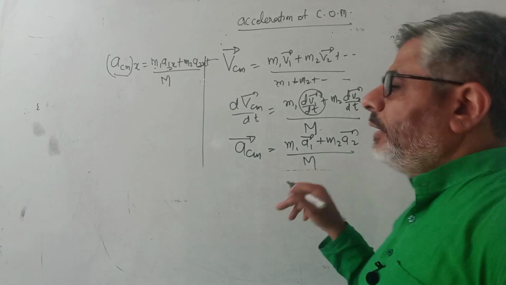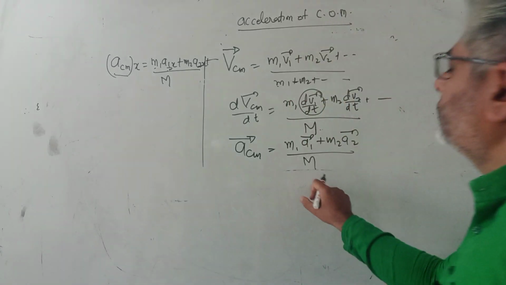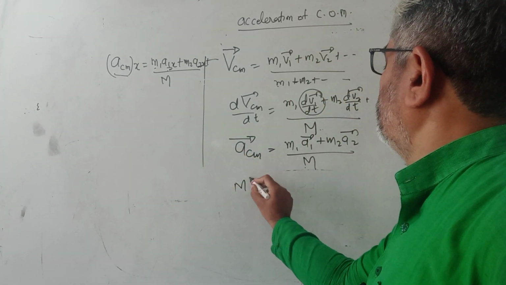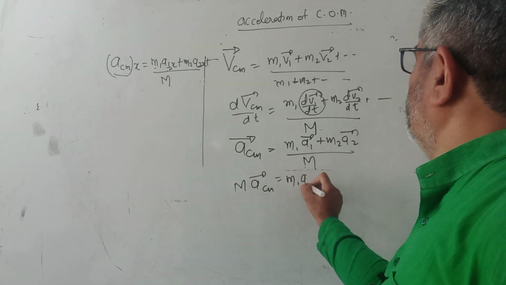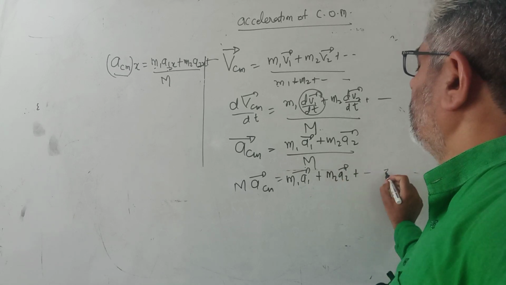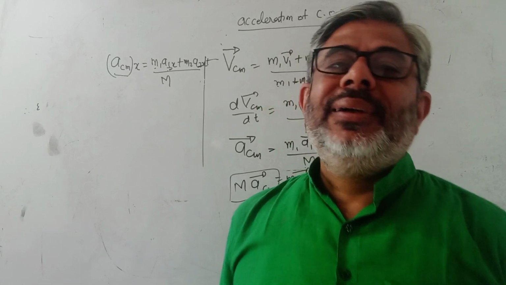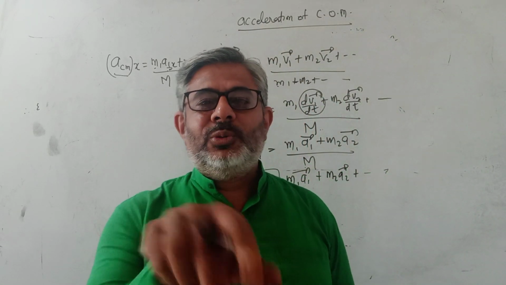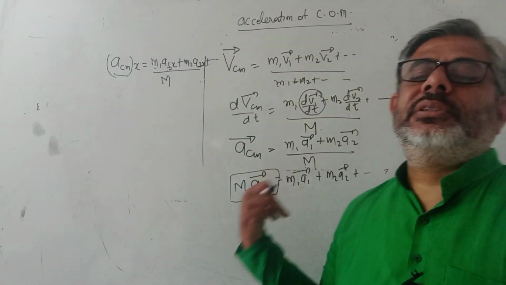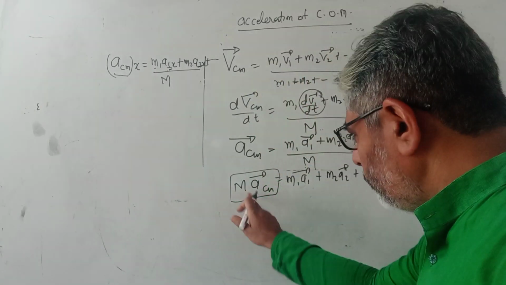Now just as I connected the velocity with momentum in the previous case, this can be connected to something also. Now if you cross multiply this, you get m into ACM equals m1 A1 plus so on. This also gives a very interesting result. Now M ACM, F is equal to MA. This is the symbol of my channel also. F is equal to MA, because I believe that this is the most important part of classical physics. I am not talking of quantum physics, most important part.